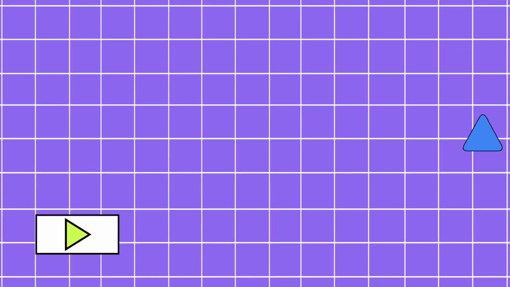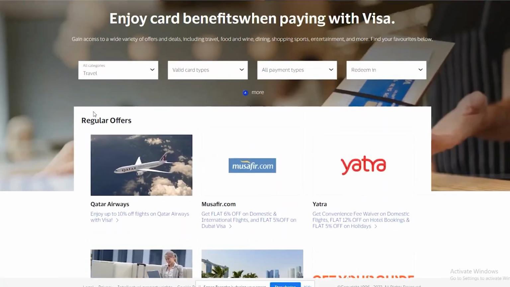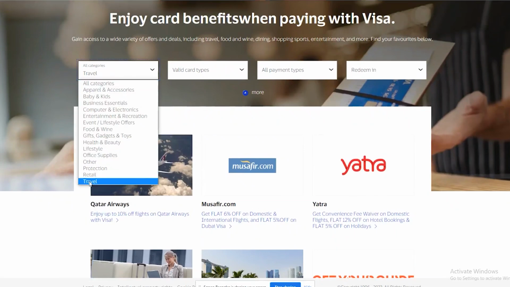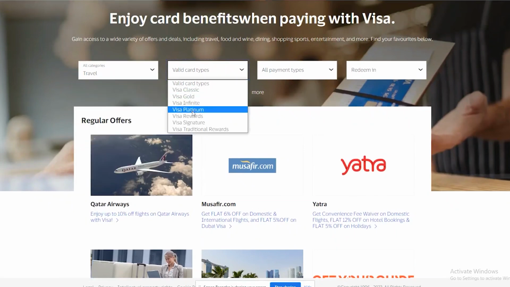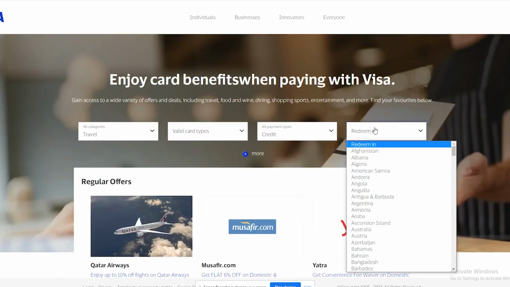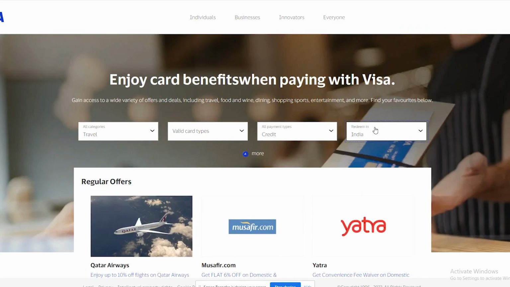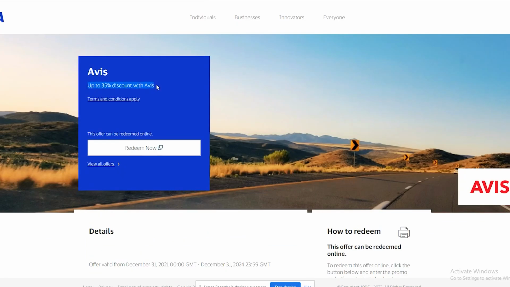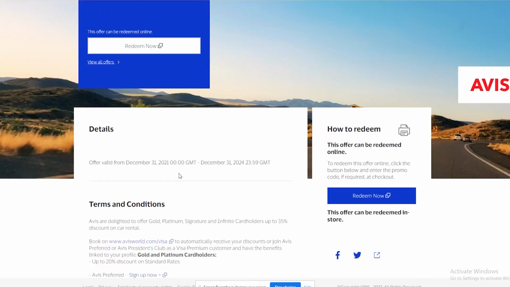Any Visa or MasterCard, you need to go to Visa's website, because Visa's website itself has a lot of offers going on at a given point of time for any Visa user. Sometimes it's for signature, sometimes it's for lower tiers, but Visa itself, and I'll show you the link here and I'll show you how it looks. Basically, you can go there, and let me show you something here, where for Avis and Hertz, you basically get